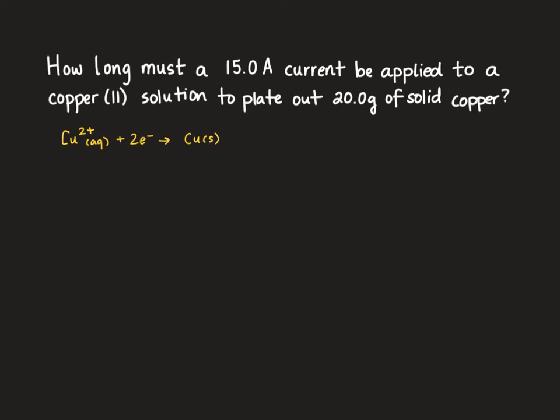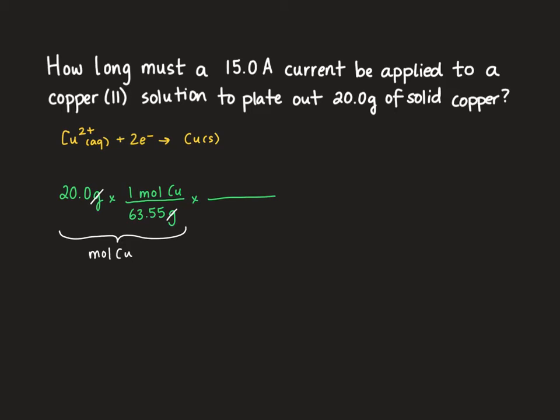So we're going to start with that 20 grams of solid copper. We want to turn that into moles of copper. Grams isn't super useful in a stoichiometric problem. So we're going to do that by dividing by the molar mass. So we know that 1 mole of copper has a mass of 63.55 grams. So here we have solved for moles of copper,